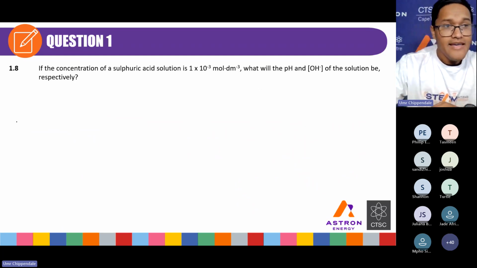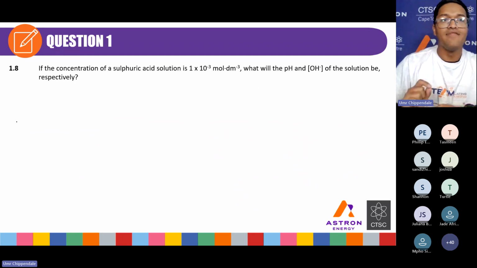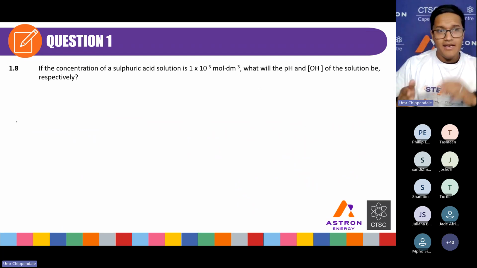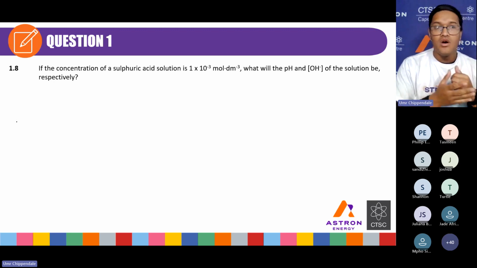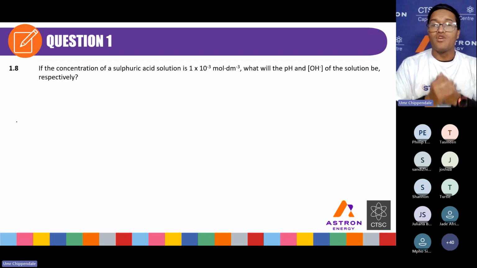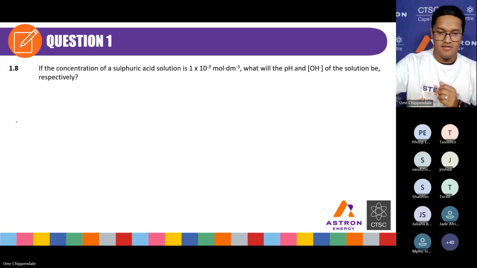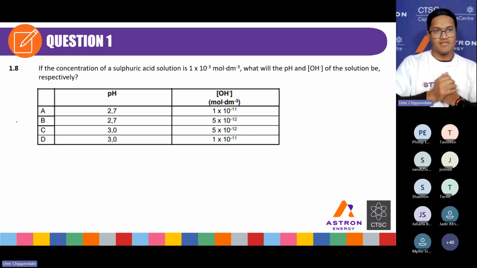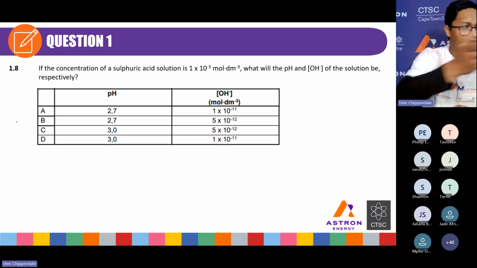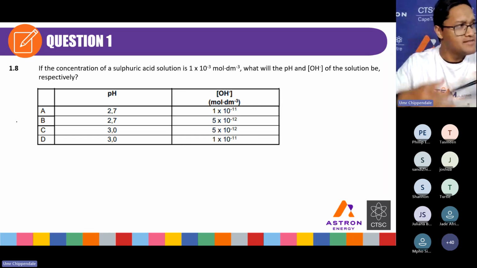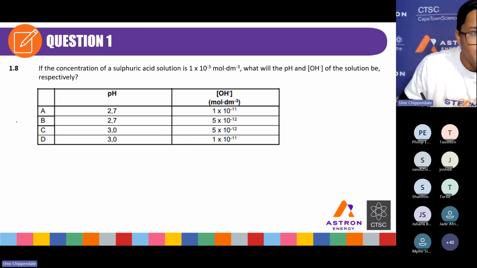1.8. If the concentration of a sulfuric acid solution is 1 times 10 to the power negative 3 moles per decimeter cubed, what will the pH and the concentration of the hydronium ions of the solution be, respectively? And then they give you this. So remember, type your answers in the chat, please, just to have the engagement. But here they're telling us the concentration of our sulfuric acid. Remember, that is